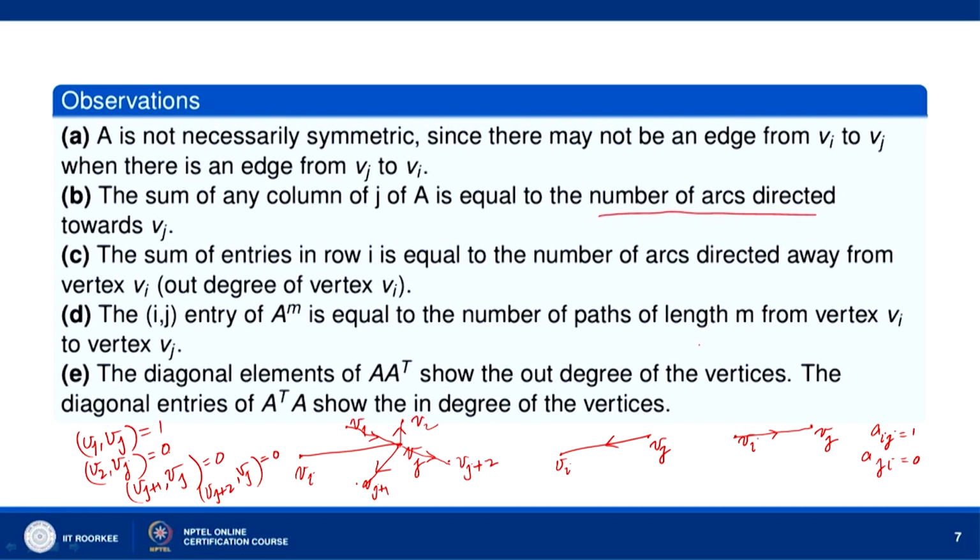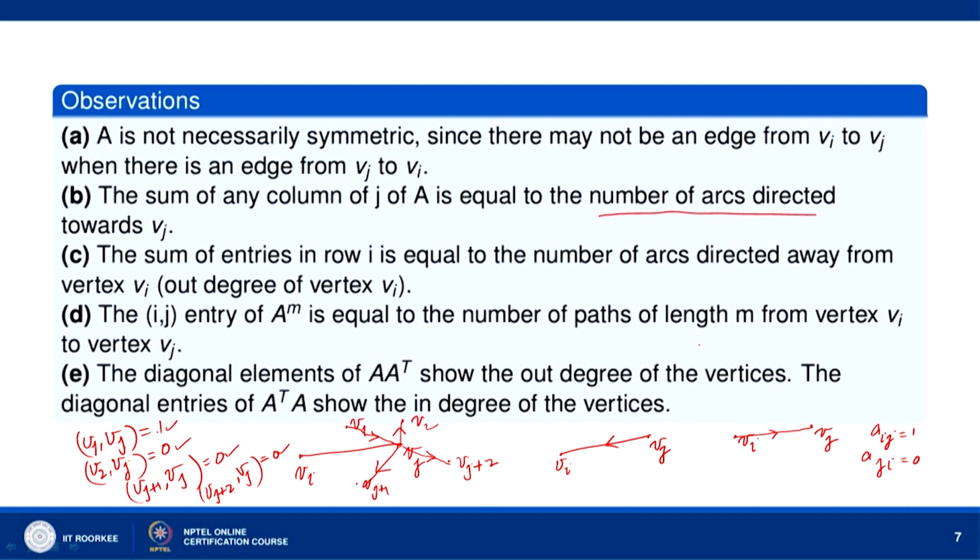Okay. So, now you can see suppose this is the situation, where the others are all zeros. The situation is only like this: b1 0 0 0, other entries are all zeros. Then the sum of the entries of the jth column will be 1. That will tell us the number of arcs directed towards bj. So, you can see here b1 to bj is equal to 1.